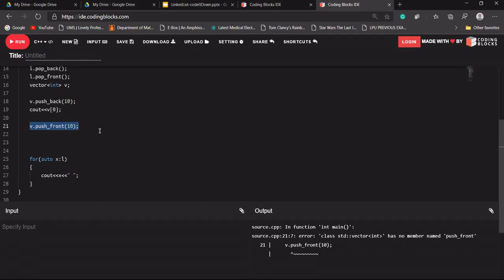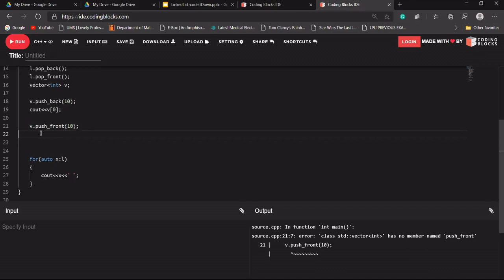So if we want to add something to our vector, we should do it manually, because a vector is a dynamic size array. What we need to do is add something to the back, and all the data present in our vector we need to shift one step back. As we have discussed for the array, we have to do that manually.